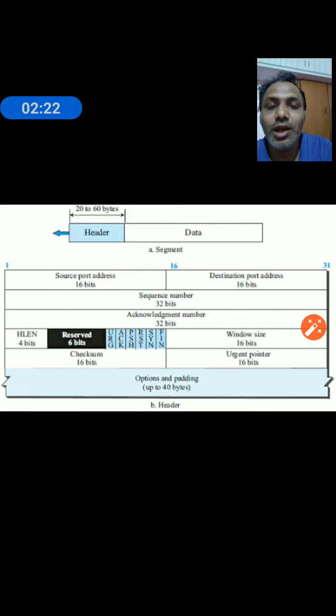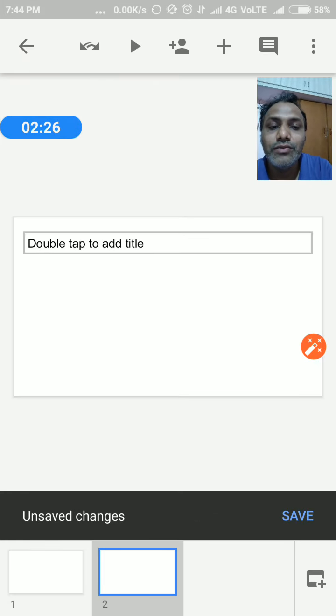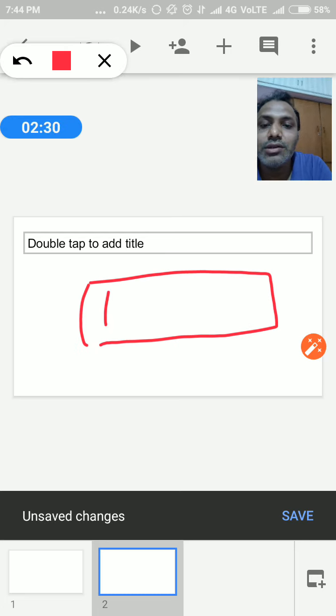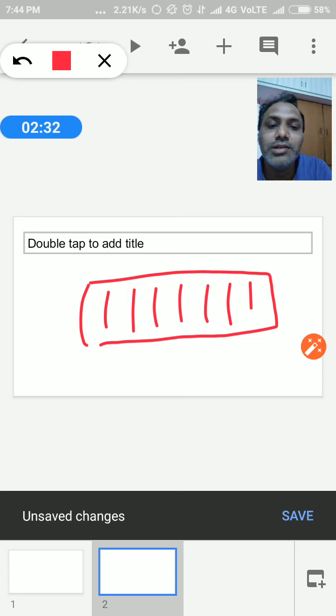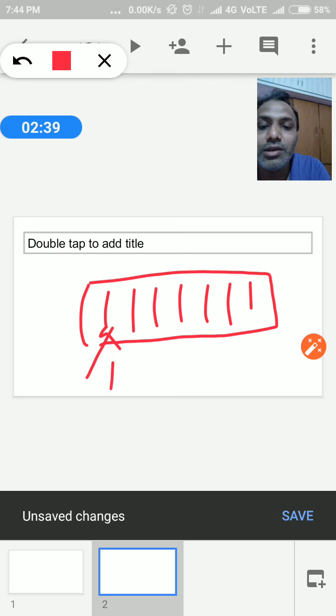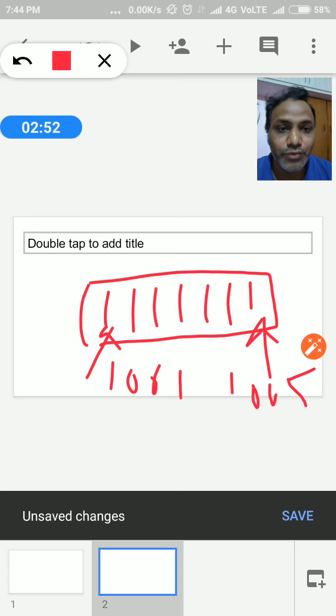Right now, suppose according to the diagram, we draw this one again. Suppose the segments are 1, 2, 3, 4, and we consider the segments as bytes. Suppose the byte numbers run from 1001 to 1005.